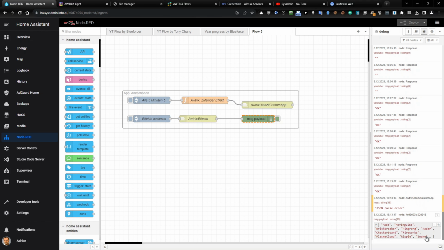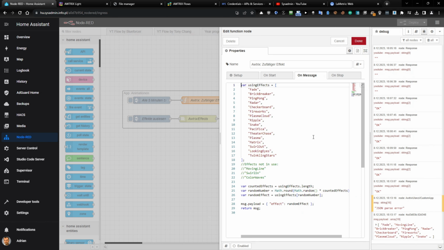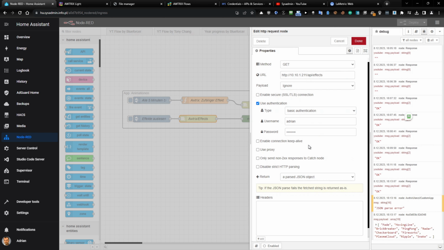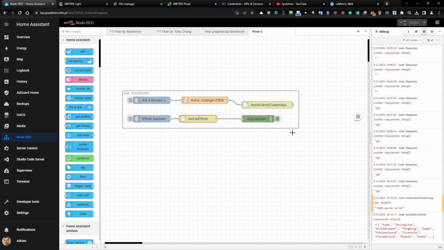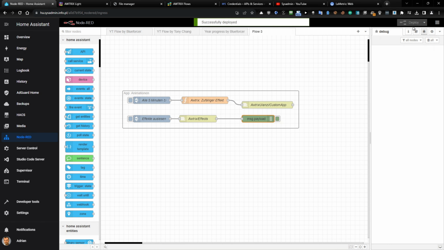Everything is just very easy, and sometimes it is not working the first time, so it's good to click it. I can see that there is a problem. Okay, so let's check this. Basic authentication, slashes are correct, content type, name, this is it, everything as it should be, but just check everything step by step. And okay, done. And what about this? And okay, that is okay. Clear all of it and deploy it once again, and now it should work,